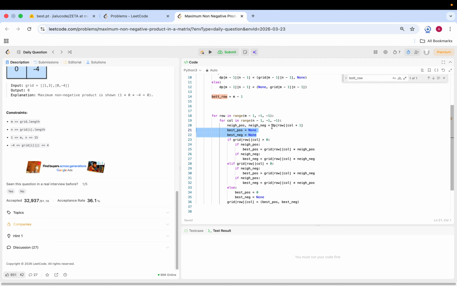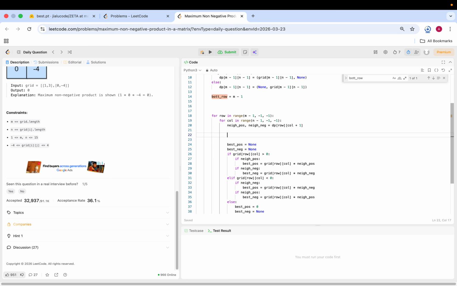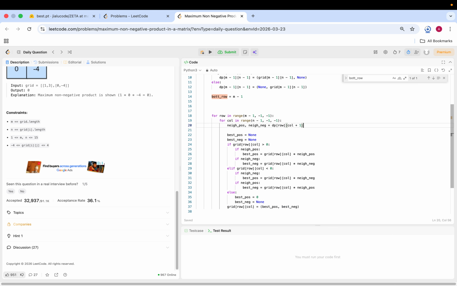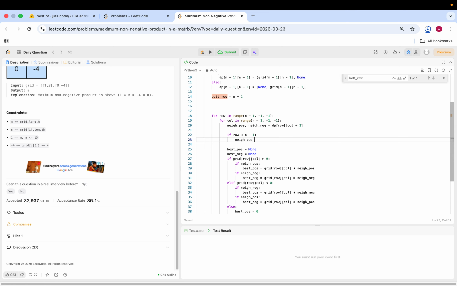Neighbor position, neighbor positive. Okay, here's what I'll do. I will only check the right neighbor first, and then if row is less than the bottom row, m-1, then neighbor positive is the maximum between what I currently have in the right neighbor, or it could also be dp, same column but one row down,